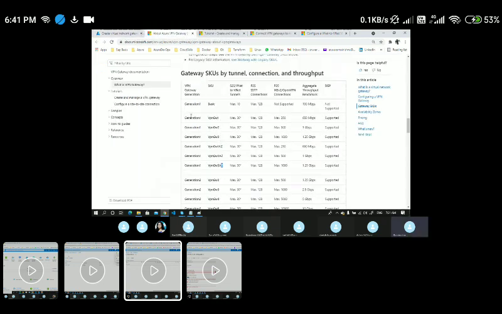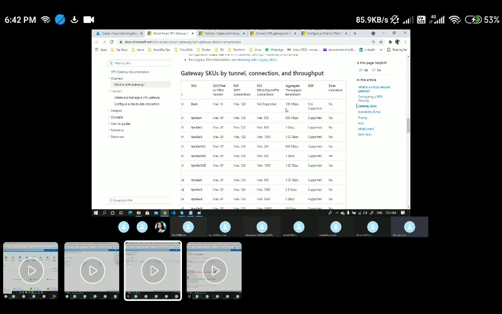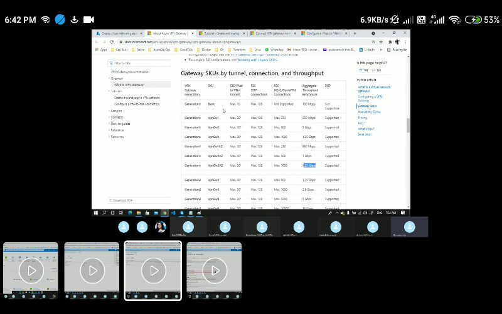If I come back here, this is the gateway generation. For Generation 1, I have only these many SKUs. We are going to create a site to site or VNet to VNet tunnel now. For site to site and VNet to VNet tunnels, you could see a maximum of 30 tunnels we can create. If you go to the end, you can see the aggregated throughput. The data transfer will be up to 1 gigabyte per second, and we can go with a maximum of 1.25 gigabytes per second if we choose these sizes.